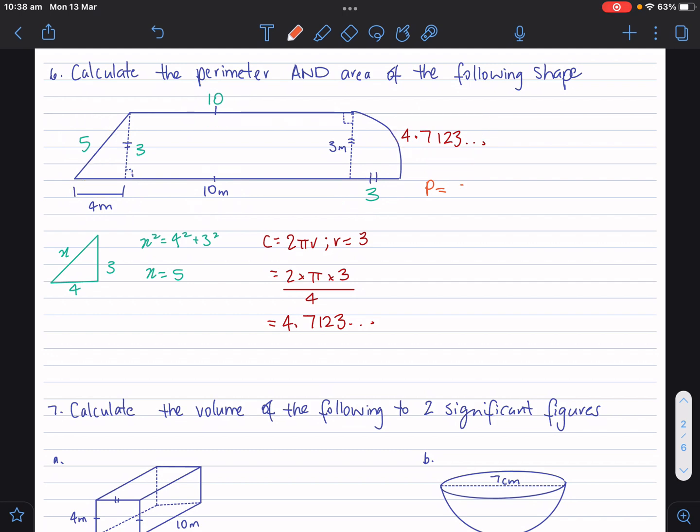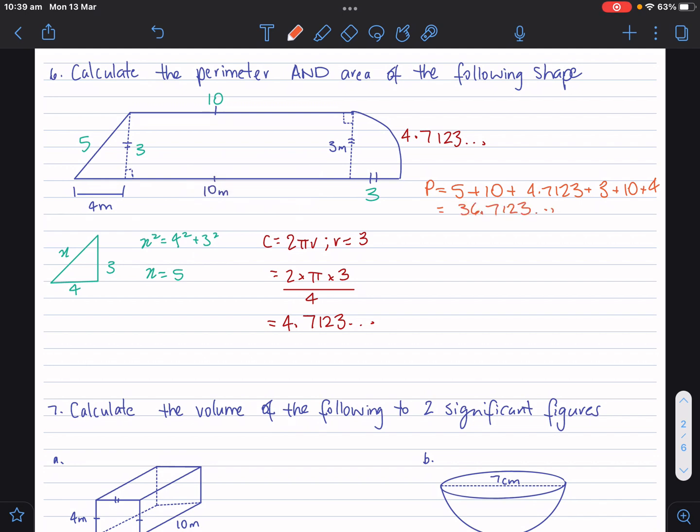all those numbers added up, 5 plus 10 plus 4.7123 plus 3 plus 10 plus 4. So if you go all the way around from the start, you make sure you're adding all the sides up. 5 plus 10 plus 4.7123 plus 3 plus 10 plus 4. And the perimeter is going to equal